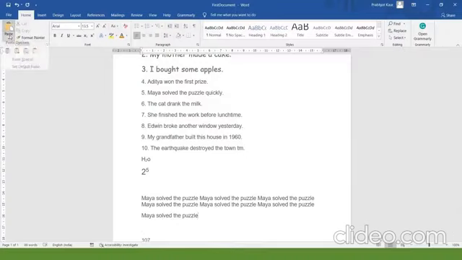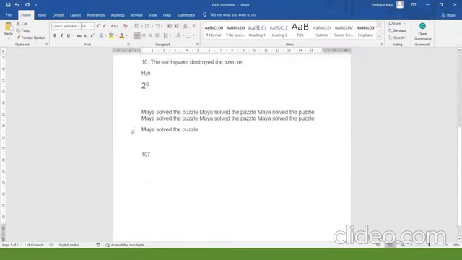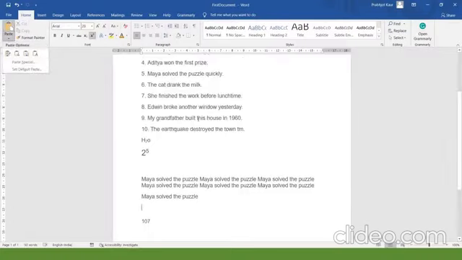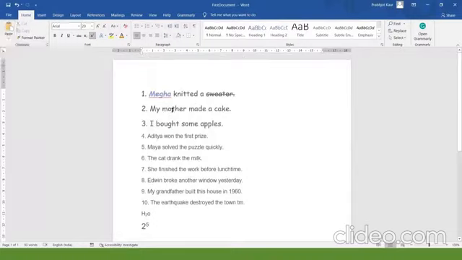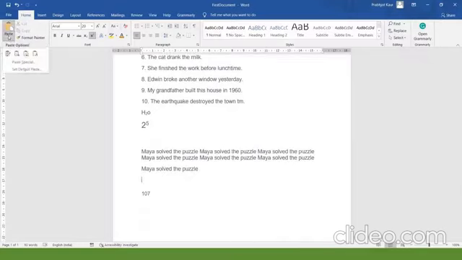And in the other case, what will happen? Merge formatting. It means it will combine two formattings, this formatting and the formatting that I have already used. Suppose now I am changing it to Control C, and here I am using merge formatting. You can see I have copied this content, mother, whose font is different, style is different, and when I merge it, it combines it automatically. And the third one,